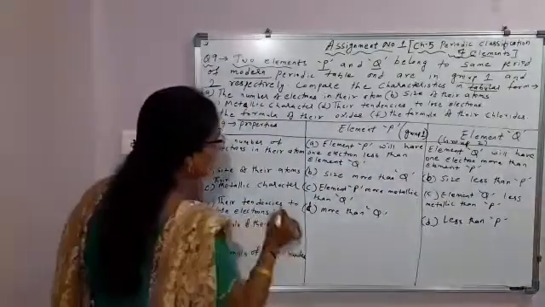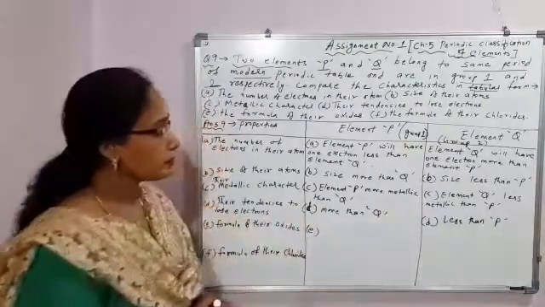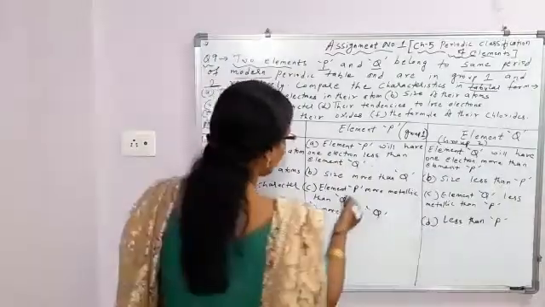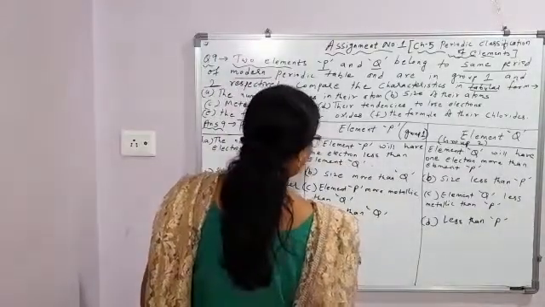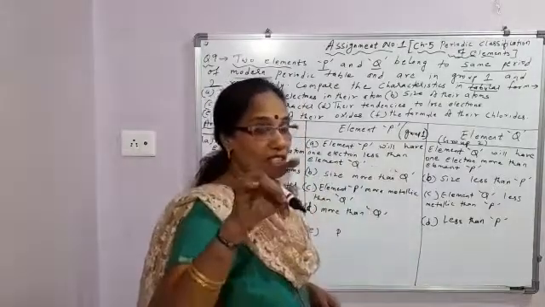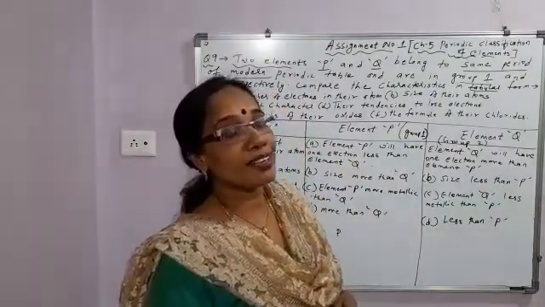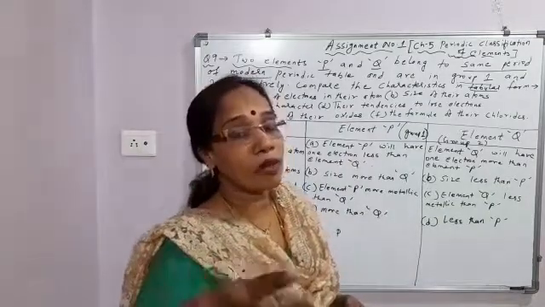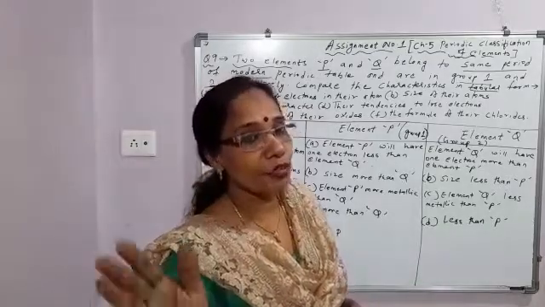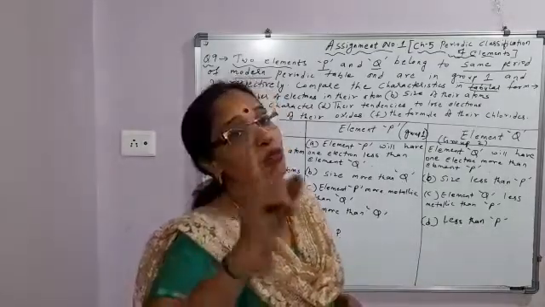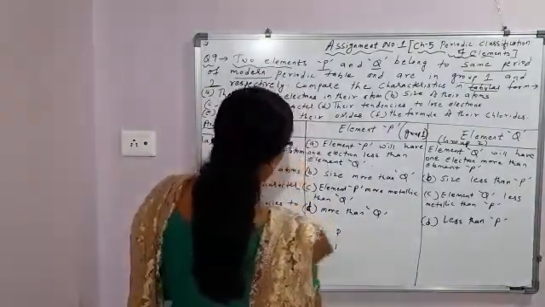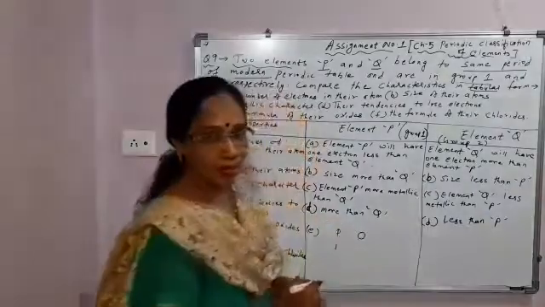Next, formula of their oxides. Element P, when it combines with oxygen, will form an oxide. So element P belongs to group 1, meaning outermost 1 electron. So what will it do to attain the electronic configuration of the nearest noble gas? It will lose 1 electron. So how many electrons is it losing? 1. So what is the valency? 1. So for P, the valency is 1. And its oxide it is asking, meaning oxygen.